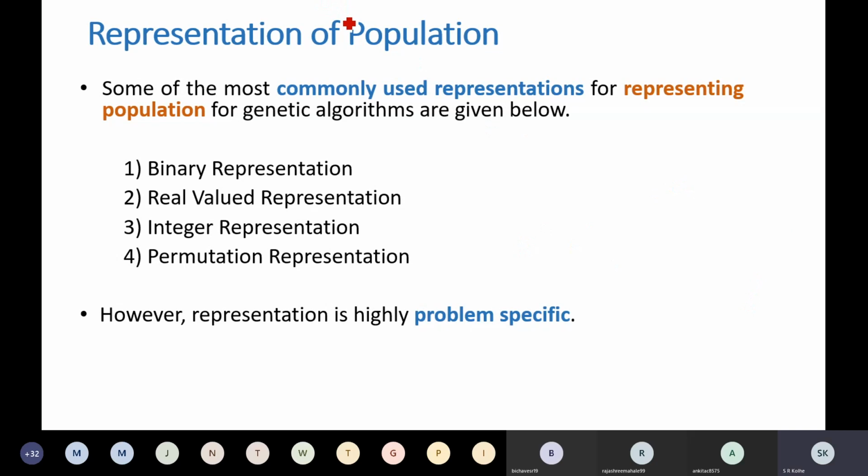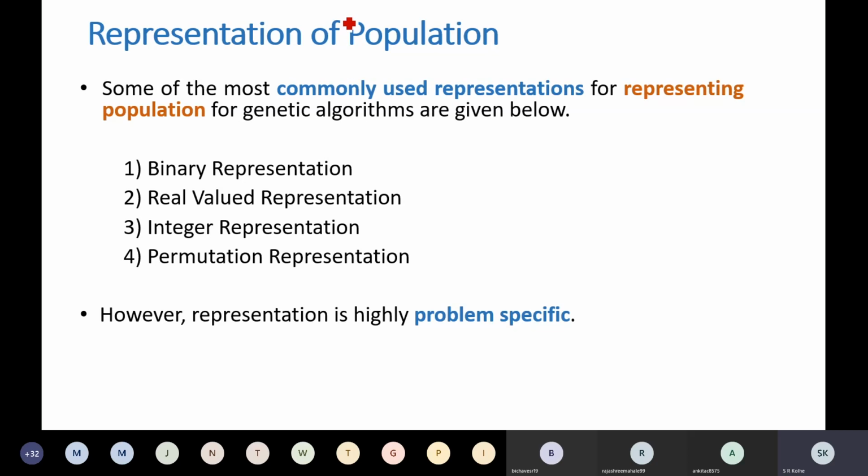Okay. So therefore, depending upon the problem domain, you will have to think of how you are going to define the solution. Now there are some commonly used representations. If you know them, you can think of, if any new problem is given to you, what kind of representation should be used.